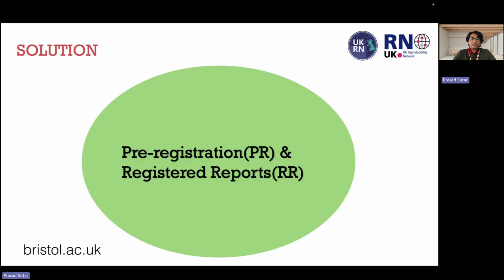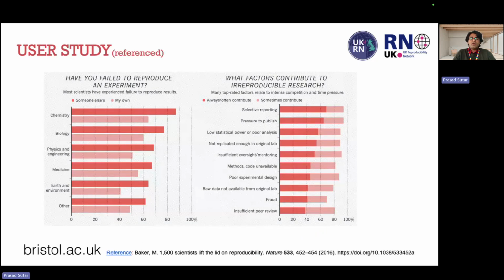And so, what is the solution for all of these issues? It is pre-registration and registered reports. So, in pre-registration and registered reports, in order to identify its significance, the user study that I referenced was from this particular paper, where it found that in the fields of chemistry, biology, and physics, there is a lot of failure in reproducing the research that was published, and considerably you can see the aspects that are affecting this reproducibility